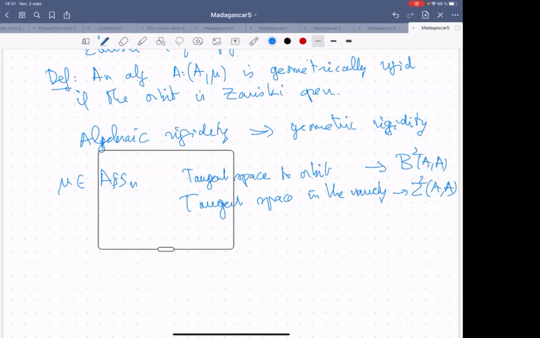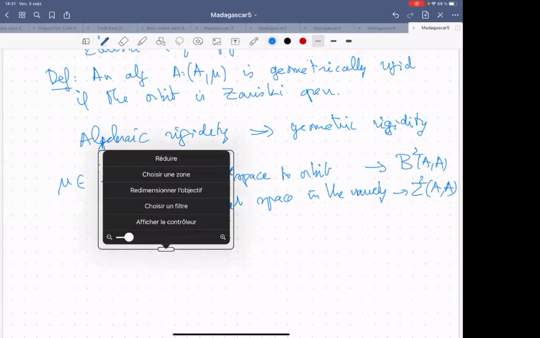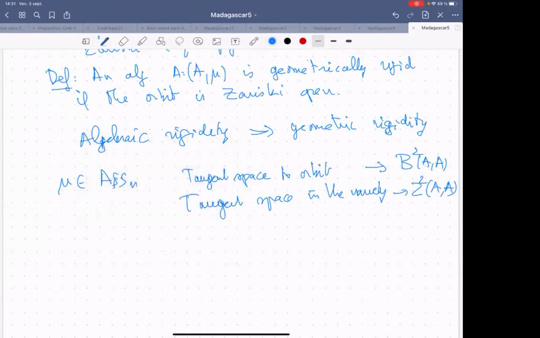Okay, and we can also define another type of rigidity, and maybe if you want an example, because I didn't show any example here. Well, what about AS2 for n equals 2? Maybe I can take them unital. It is easier here, and you have only two classes. Then it's easy to see that we have,